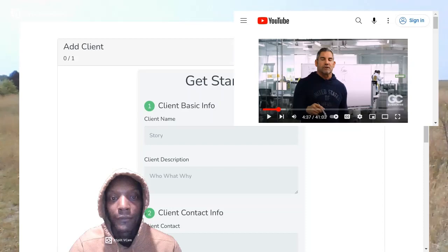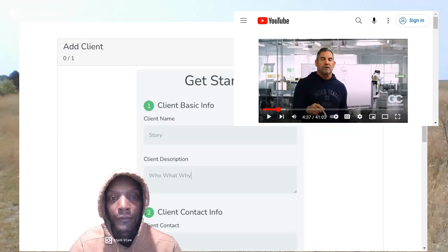It also gives us the ability to individualize each channel, each section, each category. And that's what we'll be doing next.